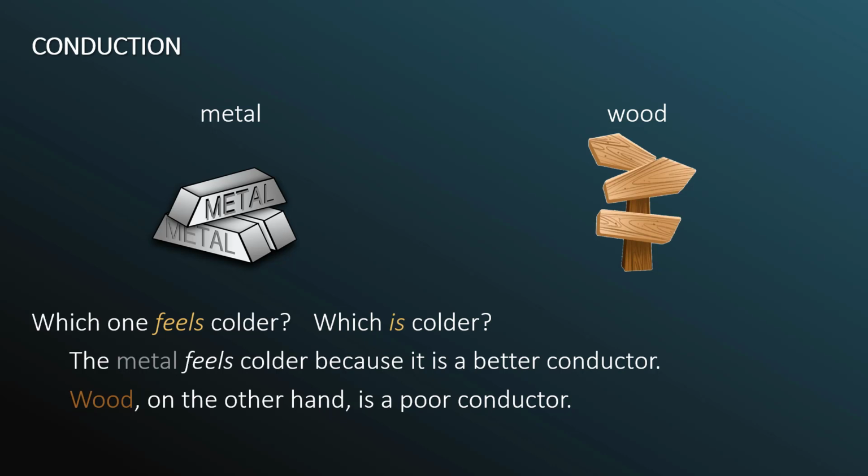This just means that our sensation of what is hot and what is cold is related to the temperature of whatever we are in contact with, but more directly, it is related to how quickly energy transfers out of us or into us. So if energy transfers out of me very quickly, I will sense something is cold. If energy transfers into me very quickly, I would sense that as being very hot. Now, that could correspond to the temperature being cold or hot, respectively, but it is also related to how rapidly energy is transferred. So a good conductor, which transfers energy better, will feel colder than a poor conductor because it doesn't transfer energy either in or out as quickly.